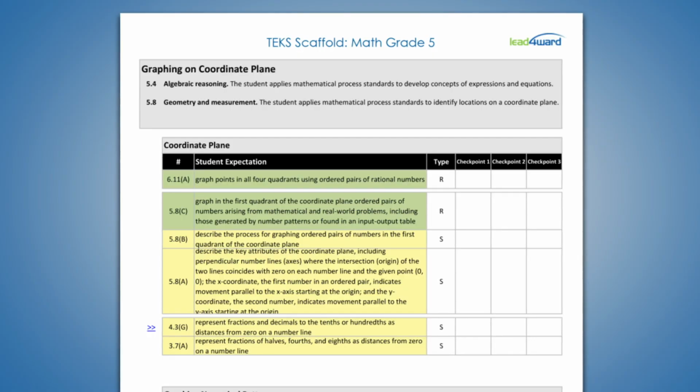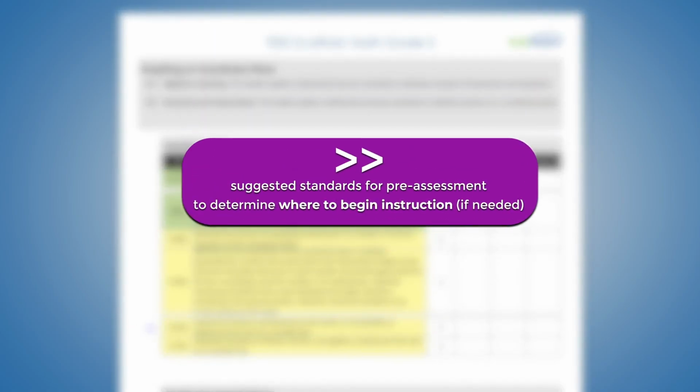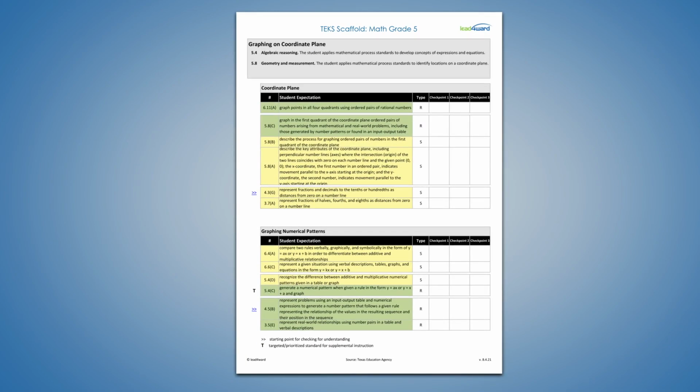You may also note this little double arrow symbol on the scaffold. This feature allows us to prioritize the prerequisite skills for the concept. So, if you see the double arrow, we suggest looking there first for pre-assessment, review, or practice as you build toward grade level learning. After we've examined our experience with the focus standard within the subcluster, we may also want